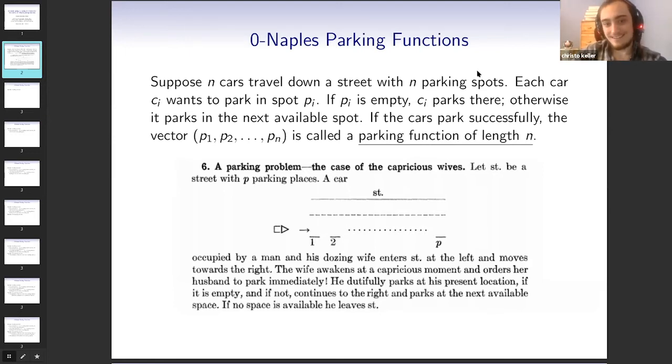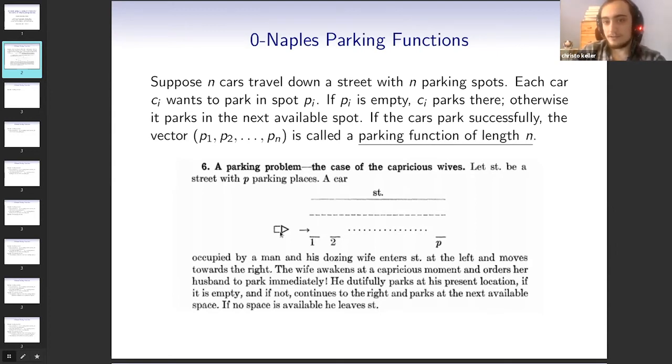So imagine that there's n cars and they travel down a street, with n parking spots. This is supposed to be a car down here, if you can see my mouse. It was P in the original paper, but Pn, I didn't want you to think it was prime. So each car has a spot it really likes, one of these n spots, which we'll call Pi, corresponding to car Ci, which I guess you could just call i. So each car drives down this one-way street to the parking spot it likes, and if the spot is empty, it parks there. Otherwise, it keeps going down because it's a one-way street and parks in the next available spot